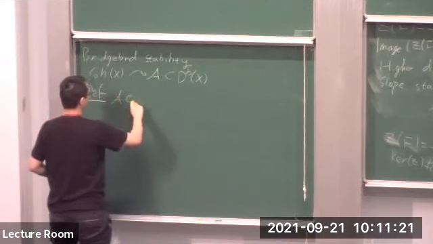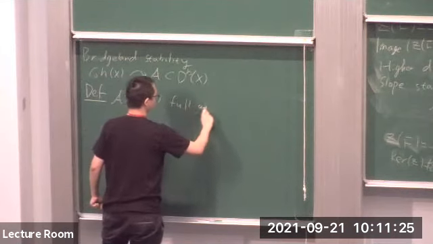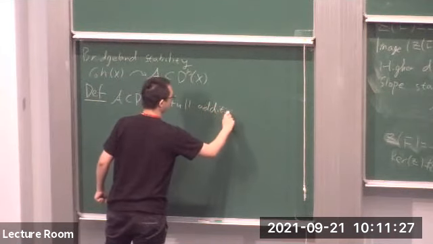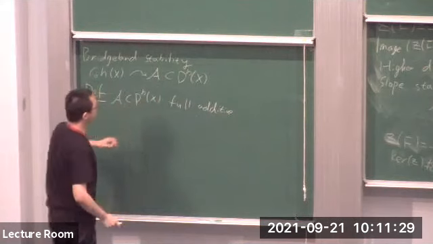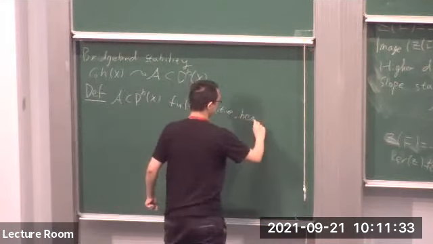Let A be a full additive subcategory inside the bounded derived category. Then A is called a heart of a bounded t-structure